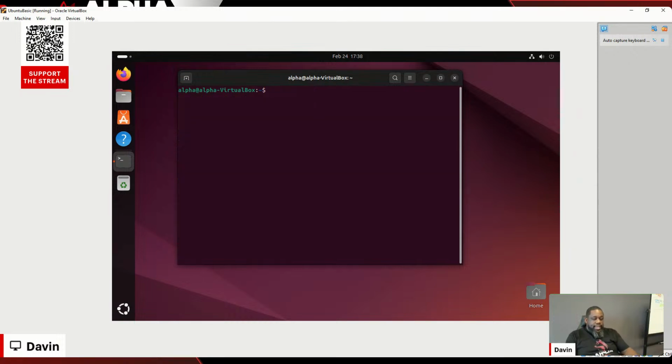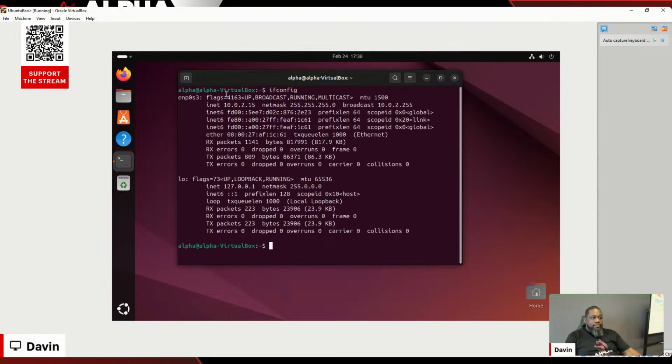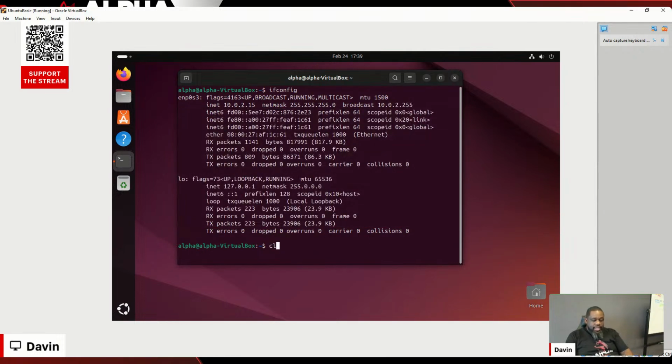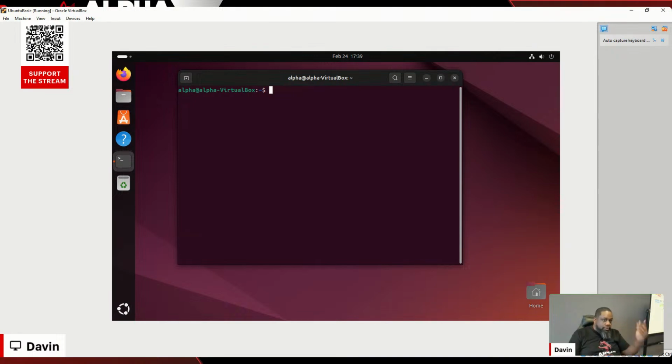So now we have net-tools installed. When we run ifconfig, you'll see now we have our information: our IP address, our subnet mask, all our information. Again, that's just something I do to make sure. It's a pet peeve of mine. It's a process. And then the last thing I do,